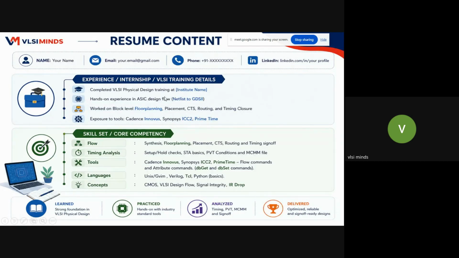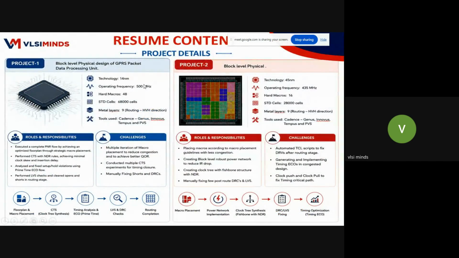So when we shortlist a resume, we will mainly see these projects. They should be carefully mentioned, and you can take advice from experts on how to mention these projects. And these projects, no doubt, as a fresher, you have done in institutes, training institutes, no issues. What you should mention is some little bits.